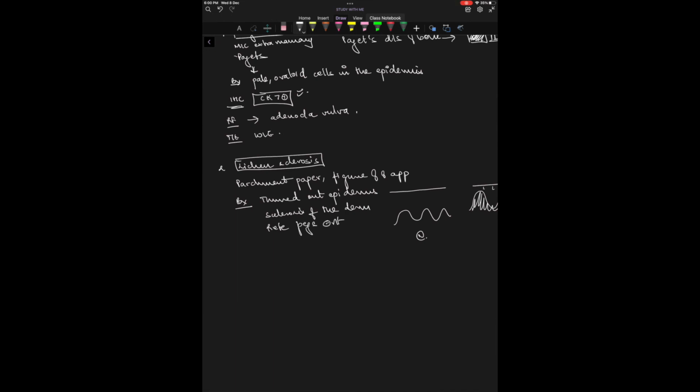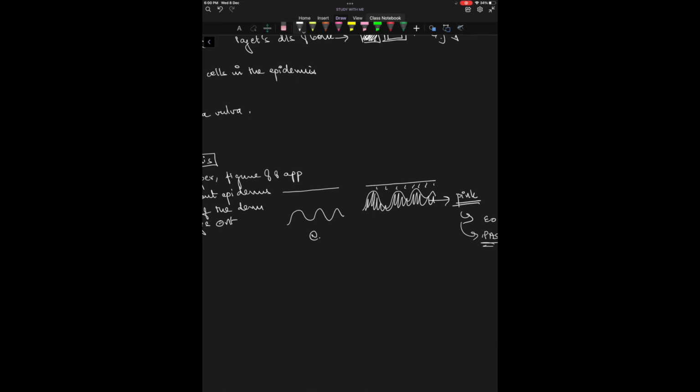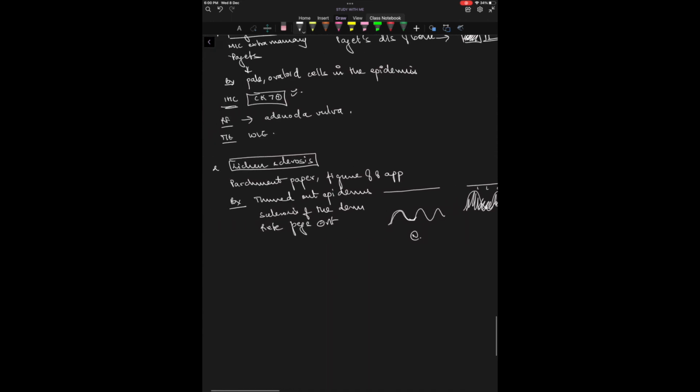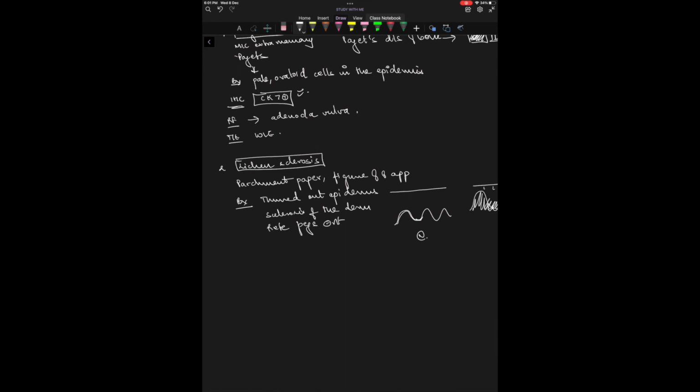What are rete pegs? So normally this is the dermis, right? And these are the rete pegs. So these will be absent again because there is sclerosis, so you won't be able to make out the rete pegs. All right. This is very, very, very important, and the biopsy features of lichen sclerosus have been asked in AIIMS a lot. Okay.